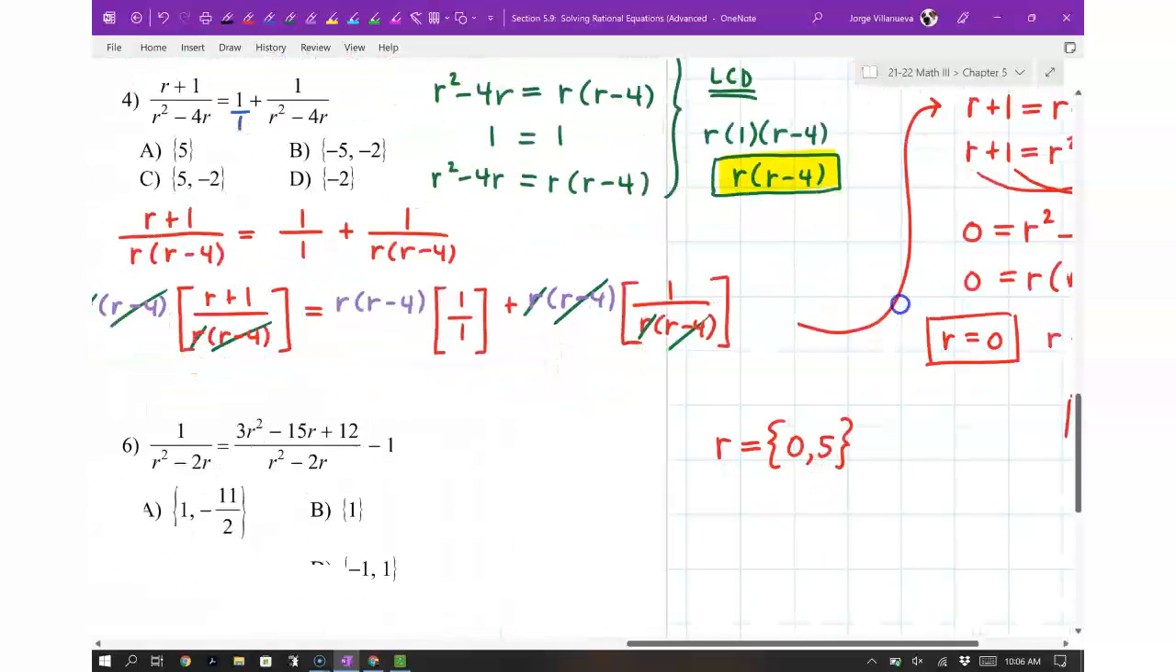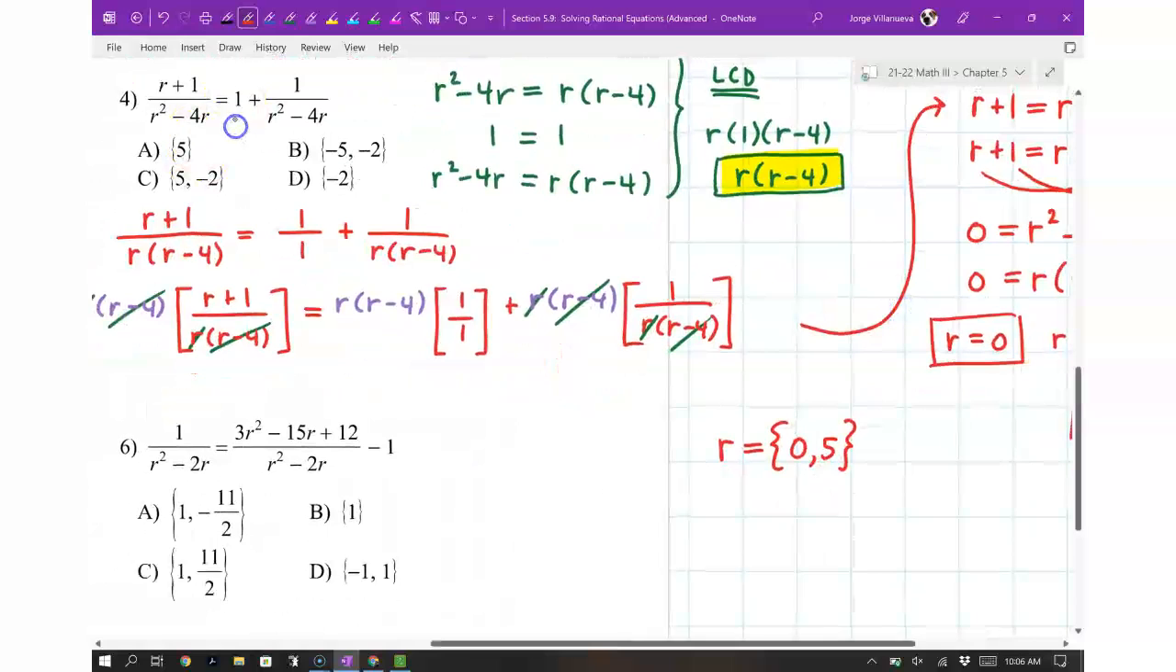But take a look at my options. Okay, if you look at my options, notice I got 0 and 5. It's not this one. It's not this one, right? It's not this one. This one has 5, but no 0, right? So did I do something wrong? Well, not entirely. The answer is right, but remember how yesterday we talked about there are certain numbers that you